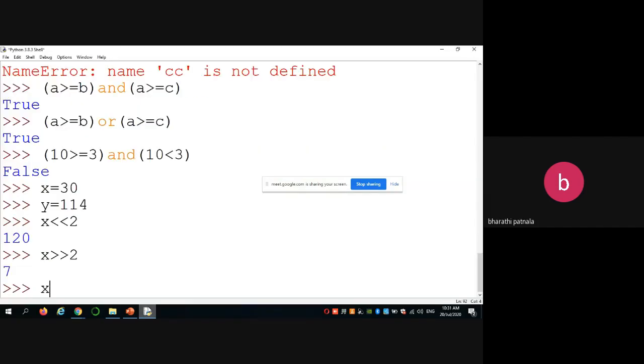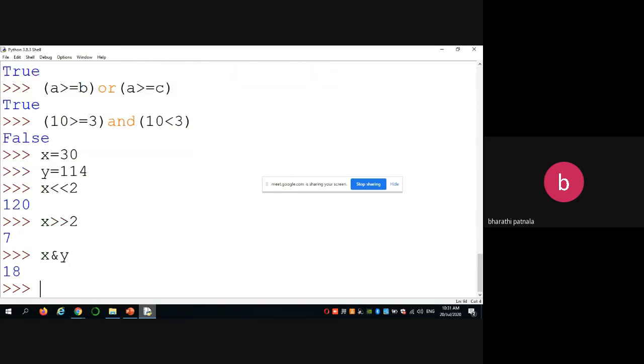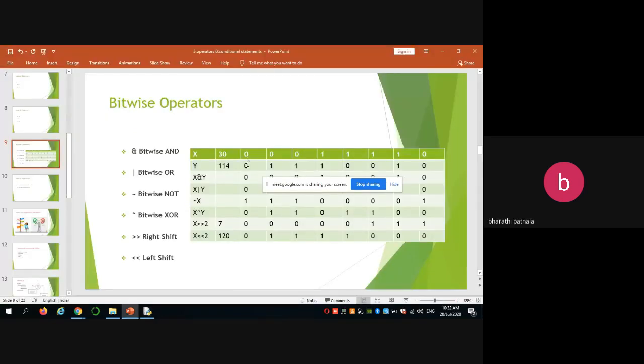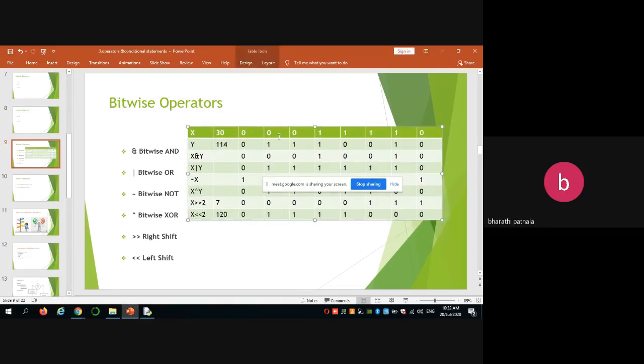Similarly, you can perform x and y. That means the x value will be converted into binary and the y value will also be converted into binary, and perform bit by bit operations, like 0 0 becomes 0, 0 1 becomes 0.